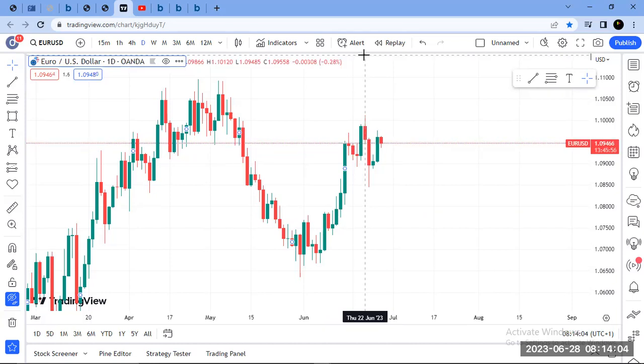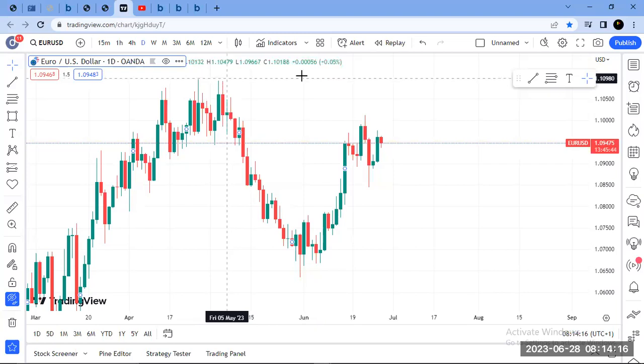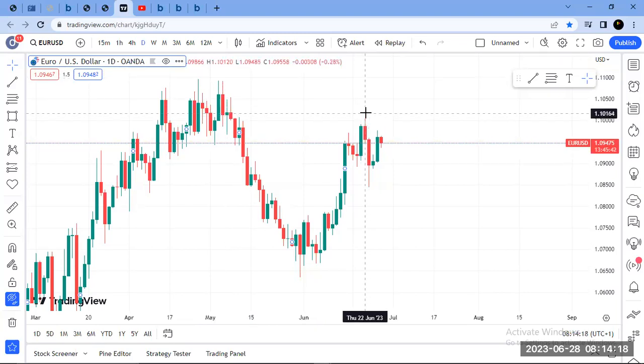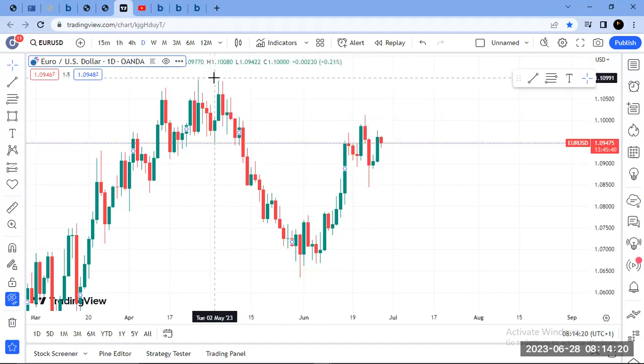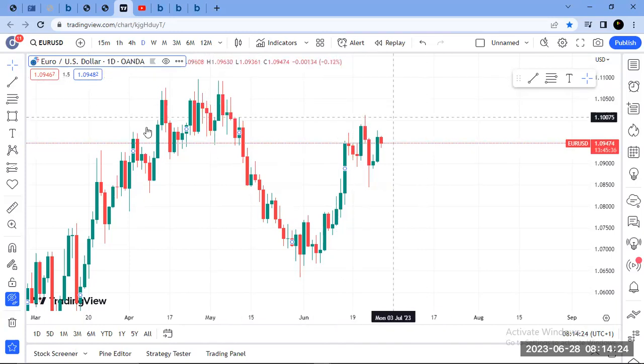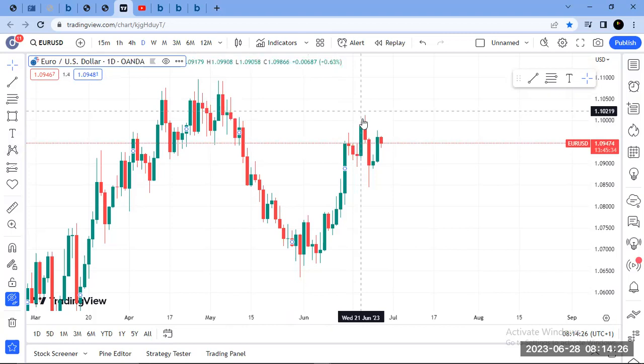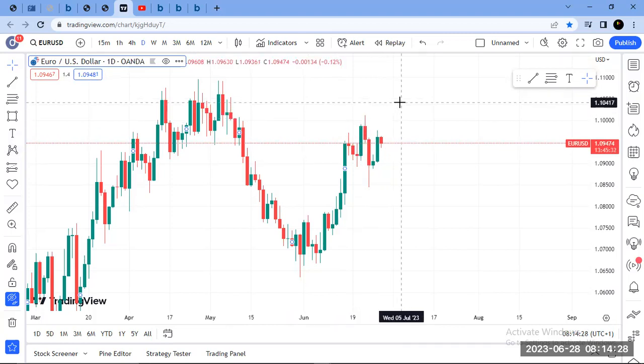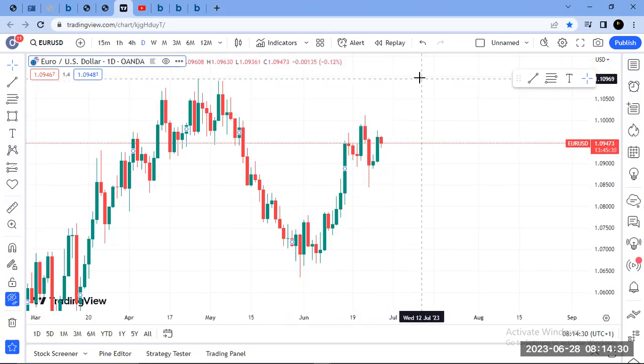Understand? It's so clear and so precise. So we kept here as our invalidation, but now I'm telling you that here is our validation that we are going for this high. If we take out this high, this is a low resistance liquidity run. Once we take out this high, this becomes a low resistance liquidity run because the market will just do something like this. Once it takes out this, it will just do something like this and it will go for the high. No doubt about that.